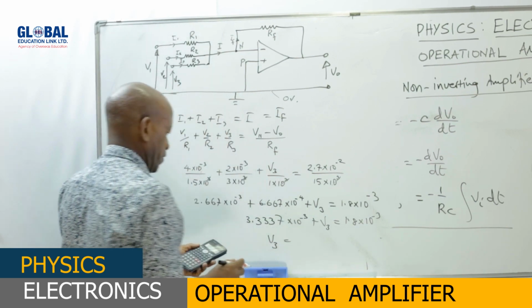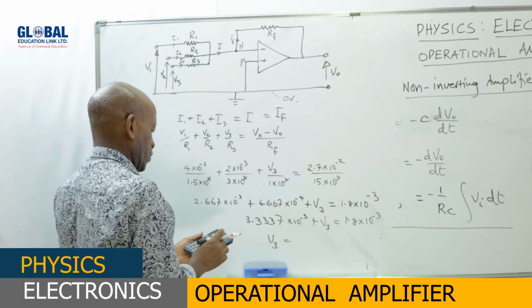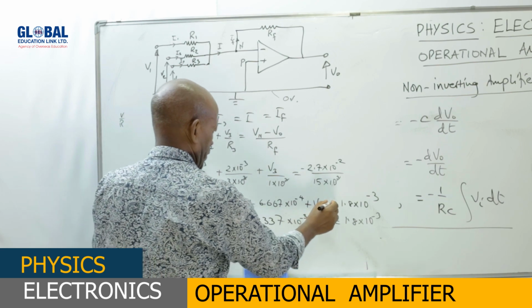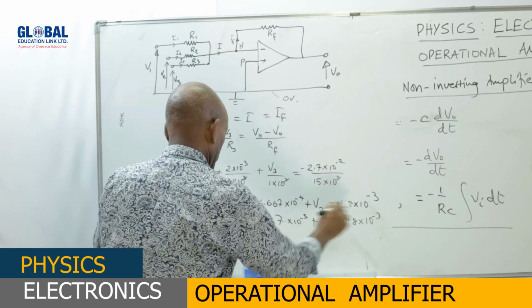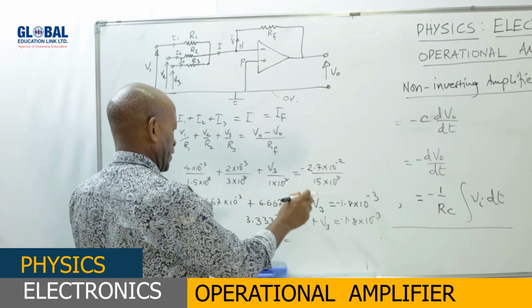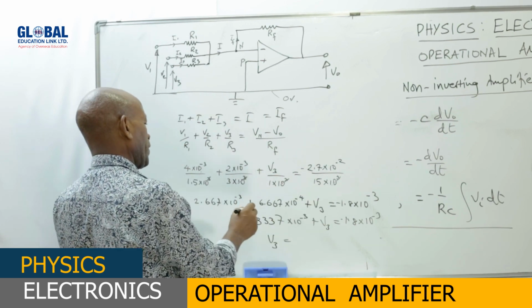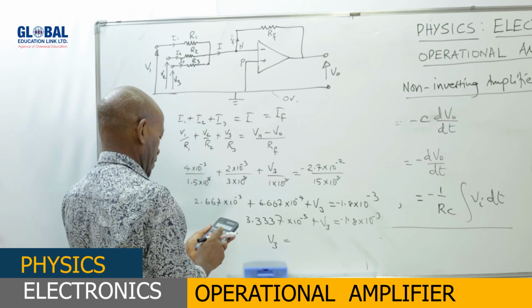So the V3 will be equal to this much minus that much. Remember here there is a negative sign, so we are taking this minus this much. So we'll be taking 1.8 times 10 to the power negative 3 minus 3.337 times 10 to the power negative 3. So we'll be having